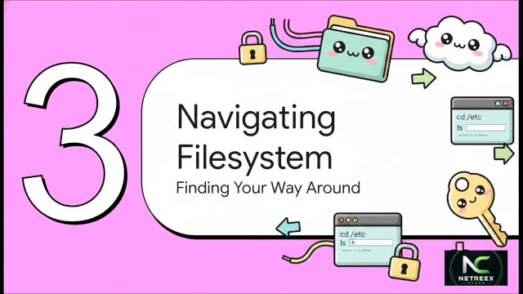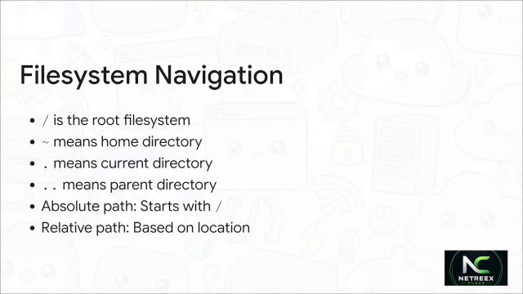Let's jump into Section 3, Navigating the Linux file system, finding your way around the machine. You know, a surprising number of automation failures happen simply because an engineer runs a script from the wrong directory. So let's clear this up. Linux uses a single root file system, meaning everything falls under one giant umbrella represented by a /, that's the root. A tilde is just a handy shortcut for your personal home directory. A single dot represents exactly where you are sitting right now, and 2 dots mean the parent directory, one level up. Understanding absolute paths, which always start at that root /, versus relative paths, which start from wherever you currently are, will save you hours of troubleshooting when your Python script suddenly can't find its config files.